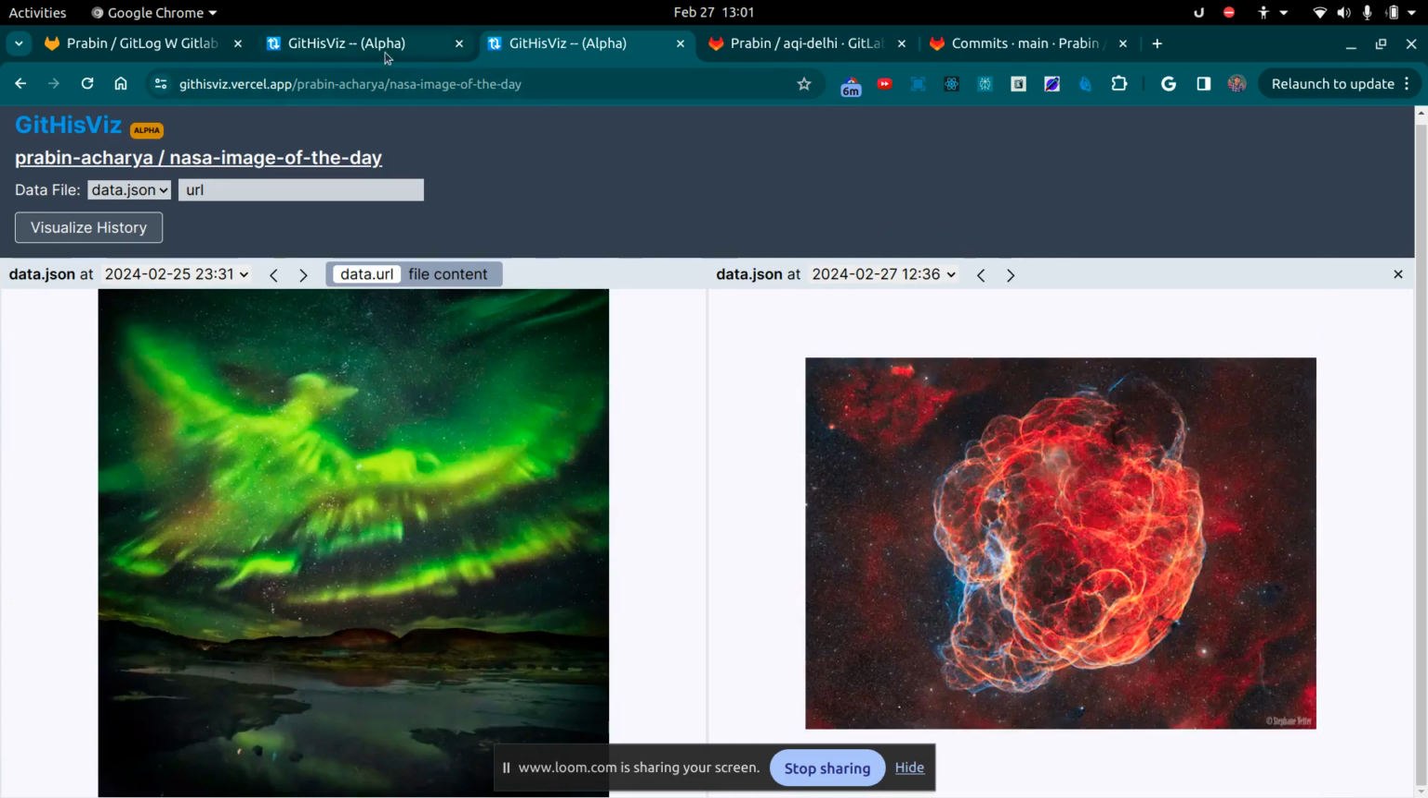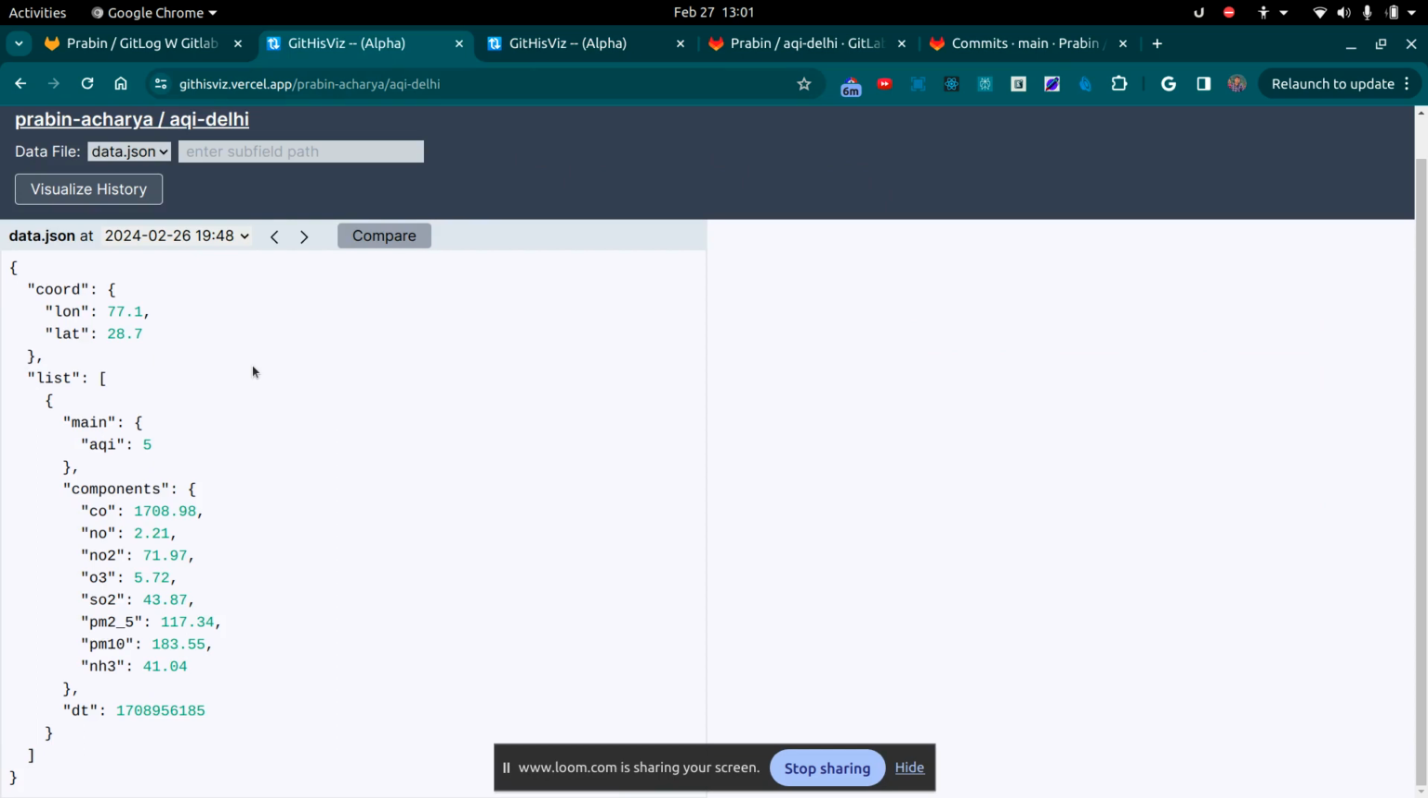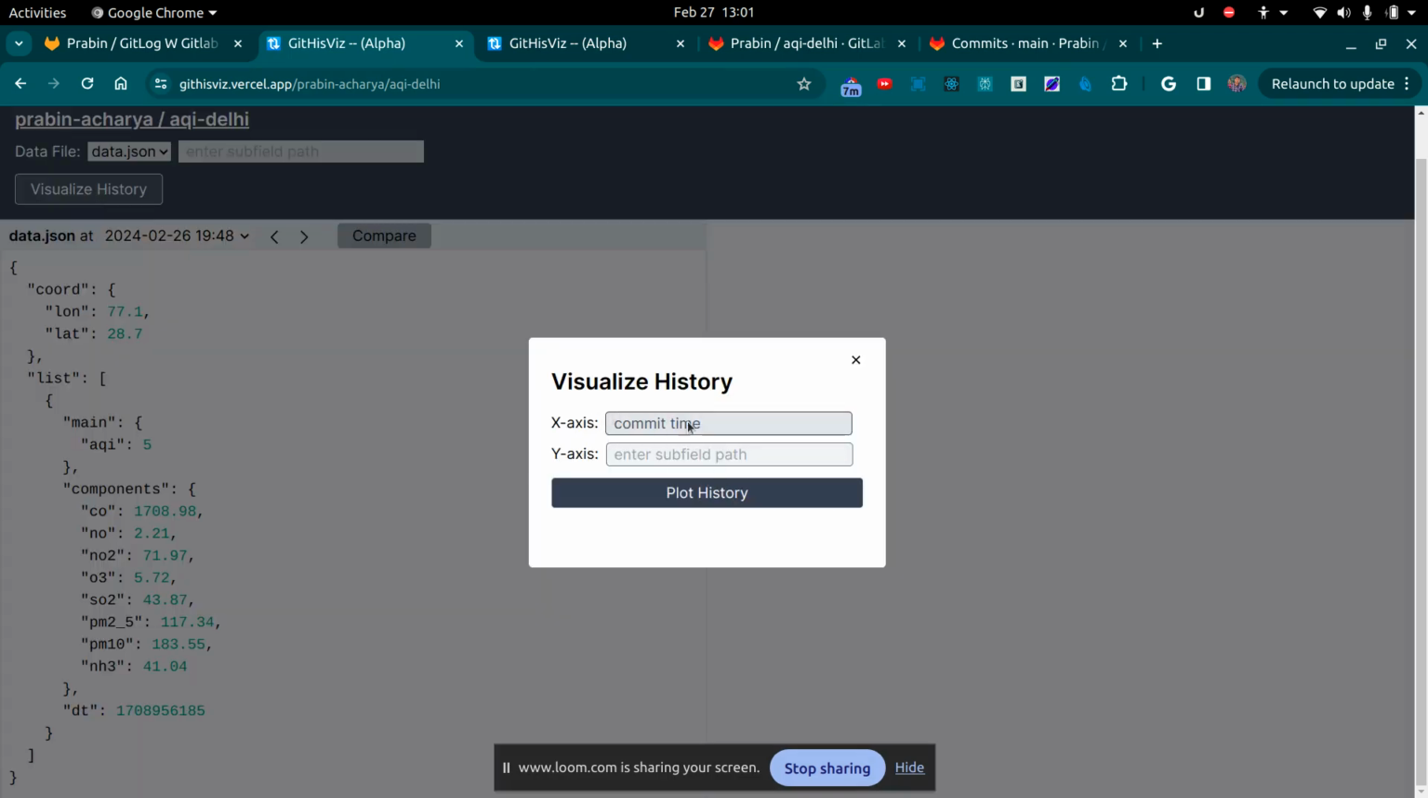On top of just tracking simple data, I can also plot the entire history of the data. So here in the project, I'm fetching the air quality index of a city, and what I can do is click on visualize history, and on the x-axis it will be commit time, and on the y-axis I can specify the data point that I want to track. So for example, in the data, on track list 0